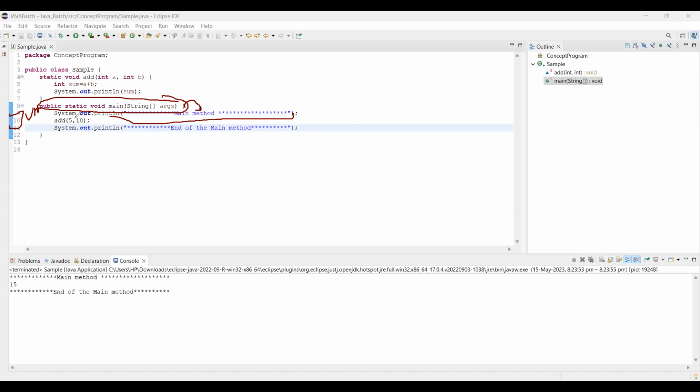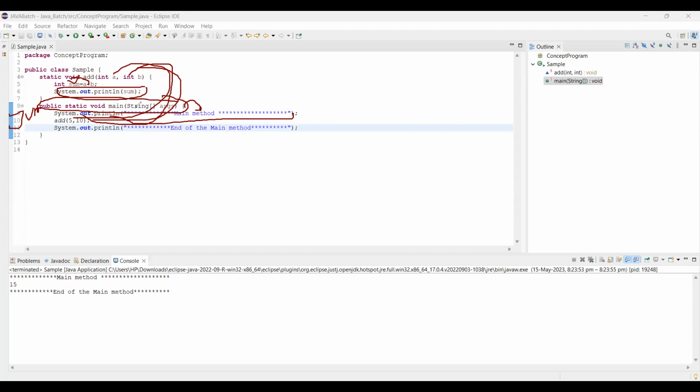We pass the values through the parameters. Then we take one more variable called sum. 5 is stored in a and 10 is stored in b. Then sum equals a plus b, which means 10 plus 5 is 15. 15 is stored in sum and we just print